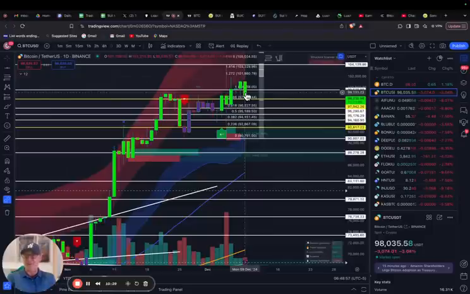I would probably now push it over 70 to 80% that the Bitcoin low of the week is in for the month of December, and that at some point we are going to see a move upwards into the historical Christmas rally.